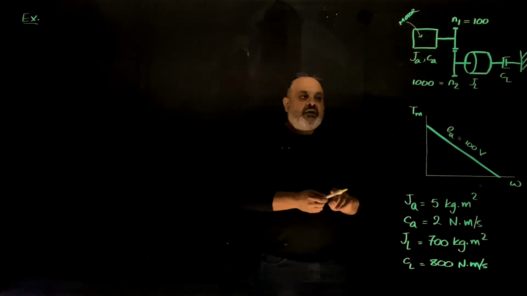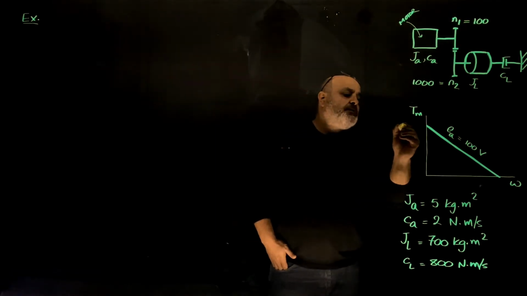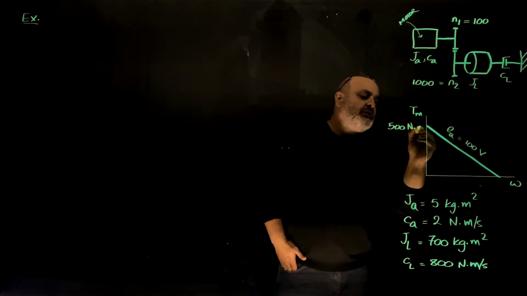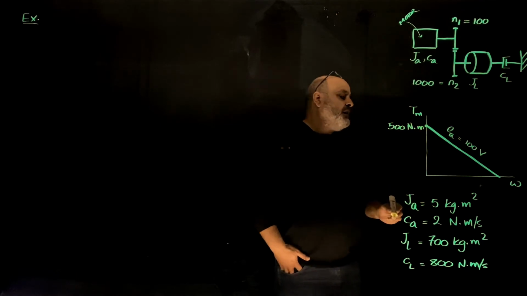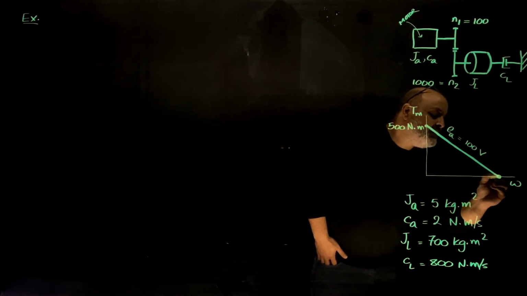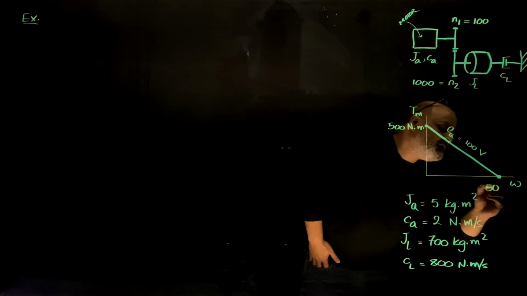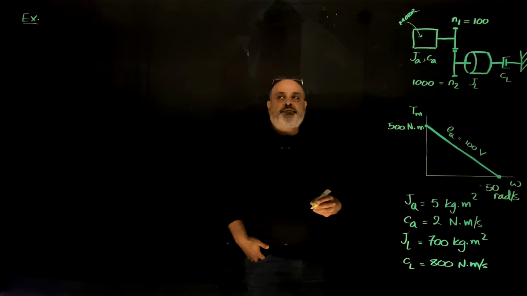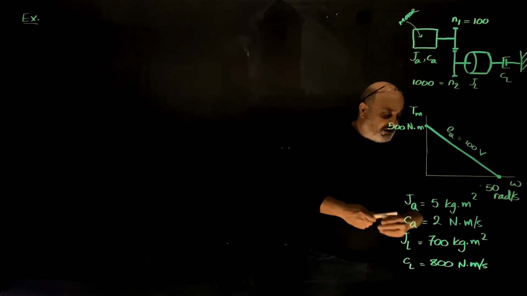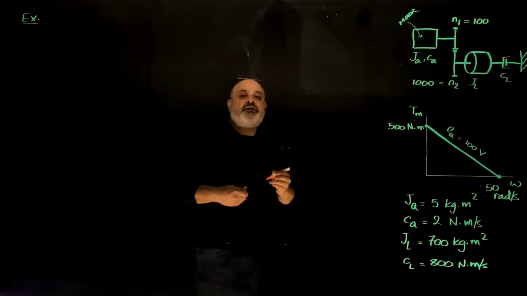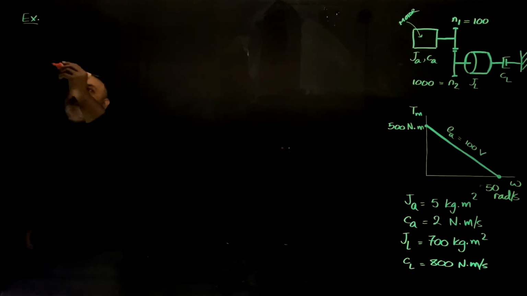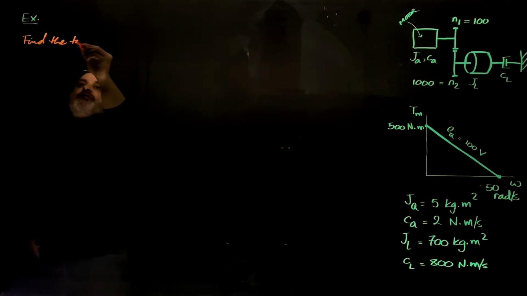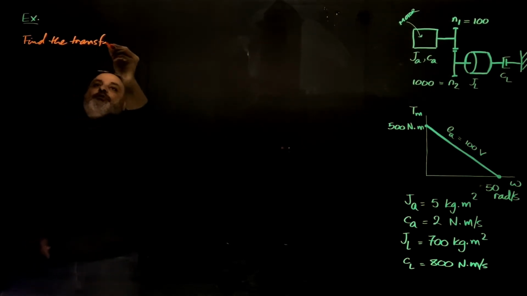meters per second. The stall torque is 500 Newton meters here at this point, and the no load speed is 50 radians per second. And what we need here is to find the transfer function. Find the transfer function of the DC motor,